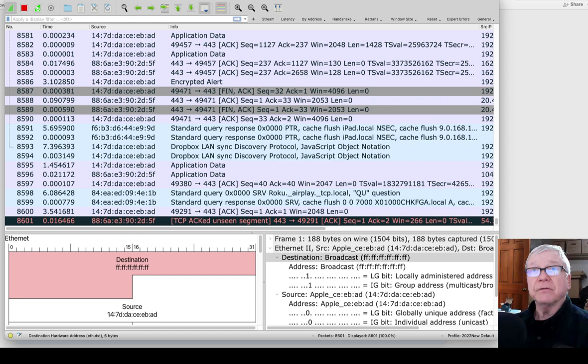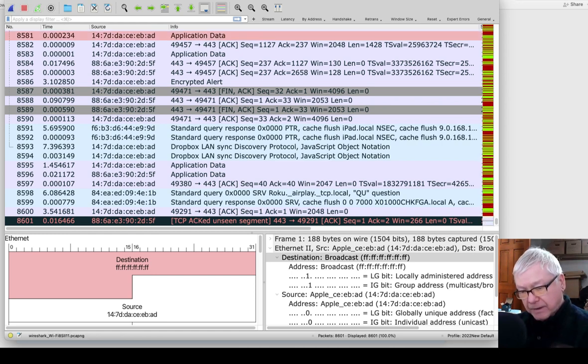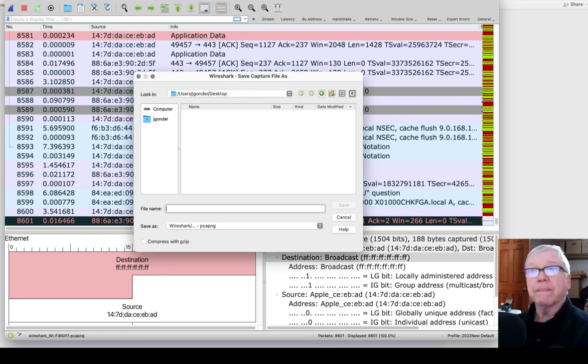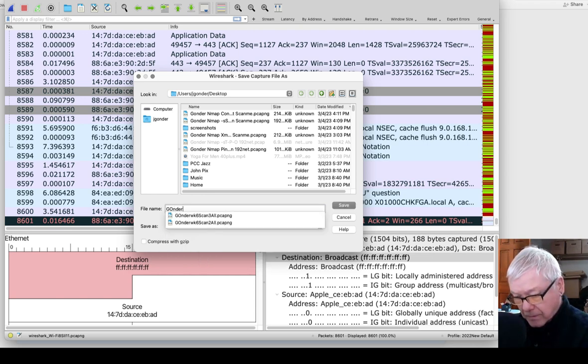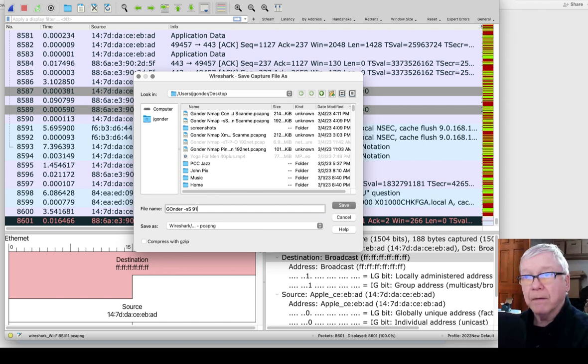I'm going to go ahead and stop here, and then I can save that as Nmap scan.